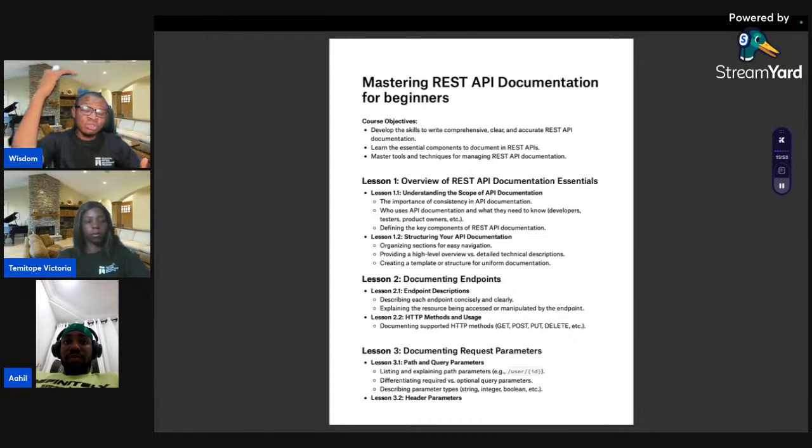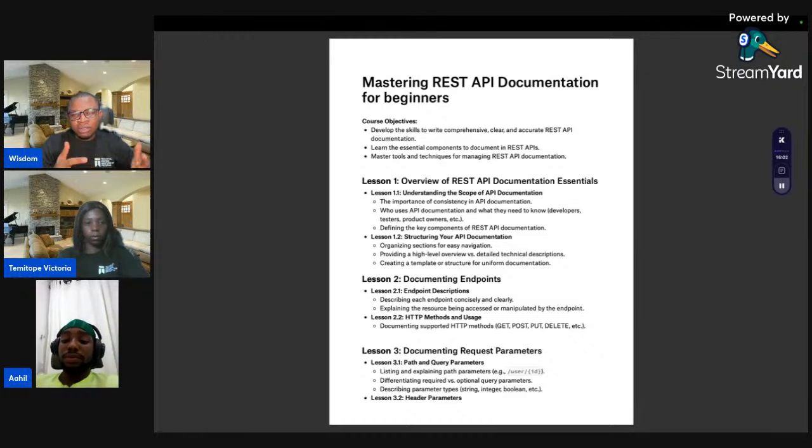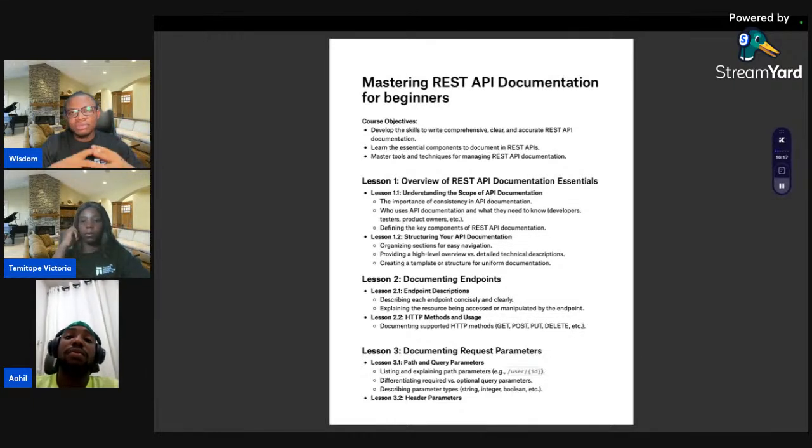The first thing you do when you go to a platform is to register. If you've registered before, you will log in. So we are going to follow that flow. Then documenting the endpoints. You need to know what an endpoint is and how to document and describe the endpoints, the API methods: the GET, the POST, the PUT, the DELETE, and every other HTTP method that is available. We will also tell you how to document them.